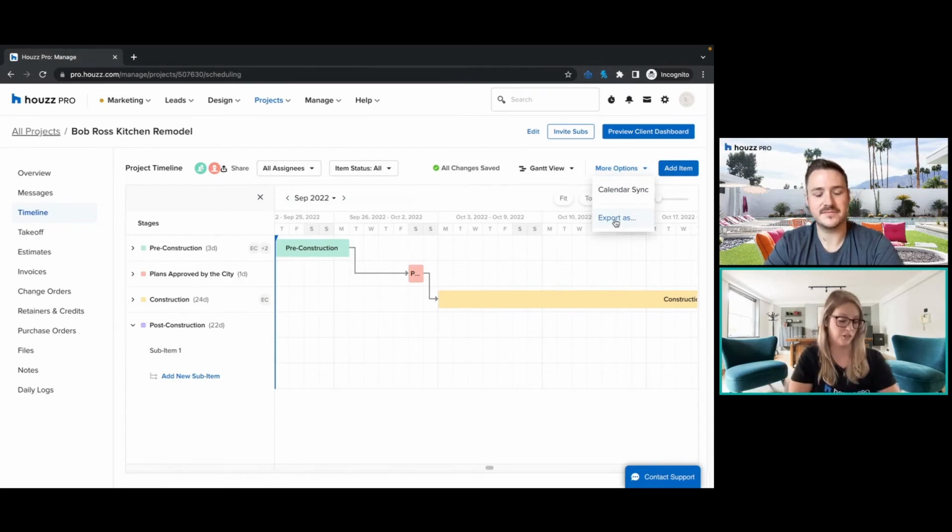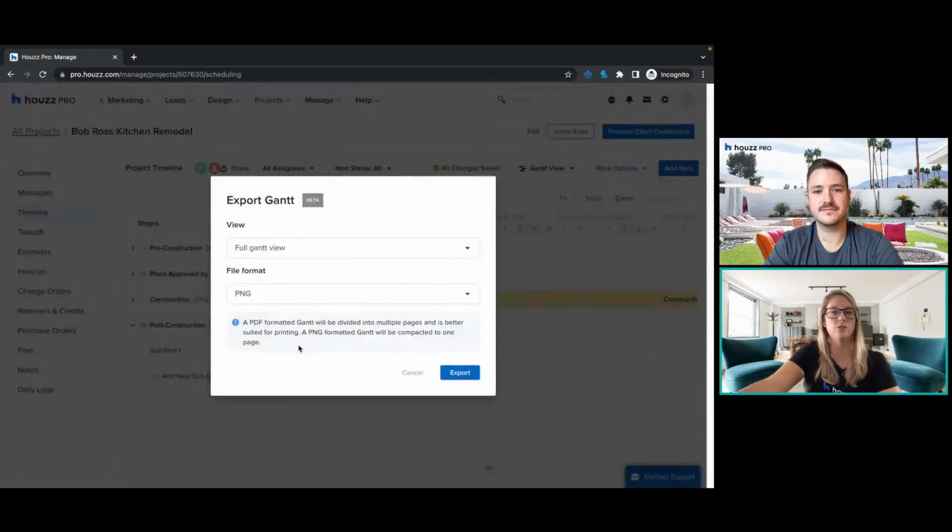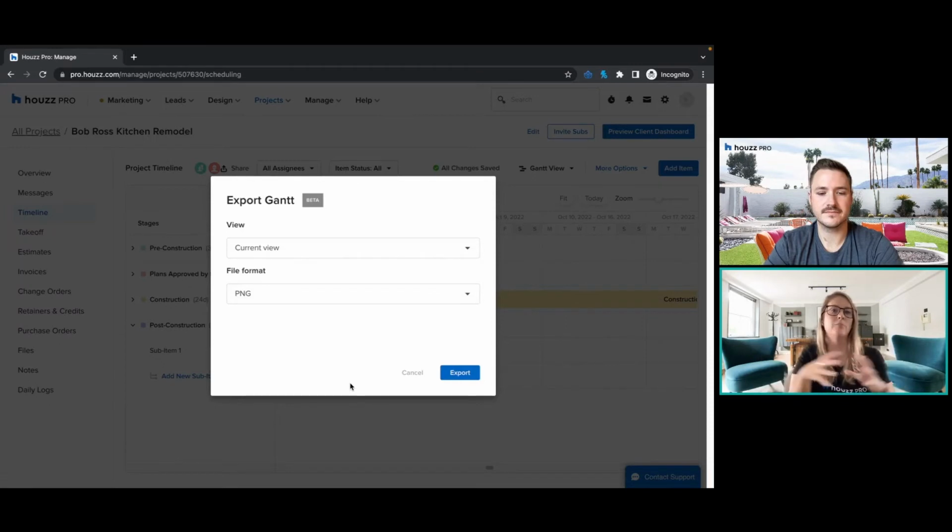This is a brand new feature. You can sync your calendar, like your Google Calendar, for example, but exporting allows you to export the full Gantt view. You can also change it to the current view. So it's just dependent on what part of the timeline you actually want to show. And the file format would either be PNG or PDF. If it's a really long timeline, it may display or print over multiple pages,